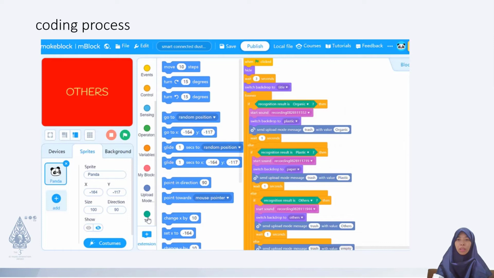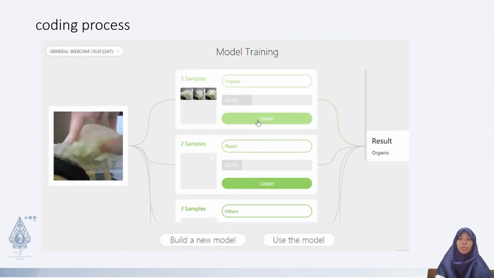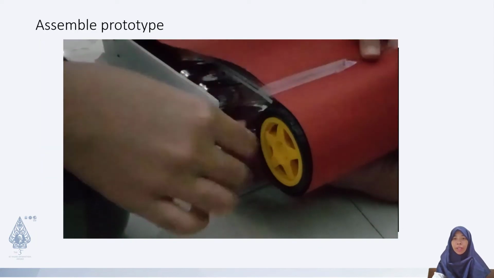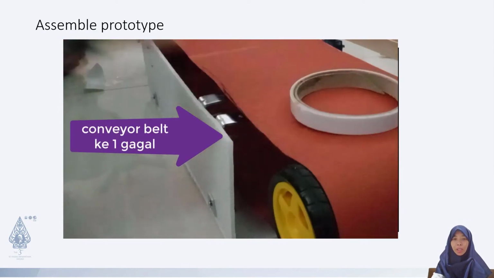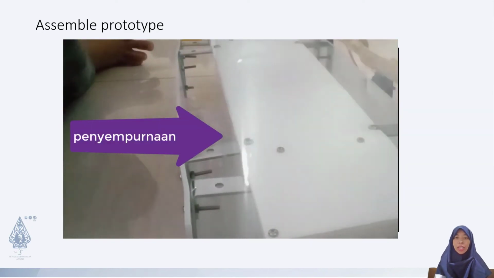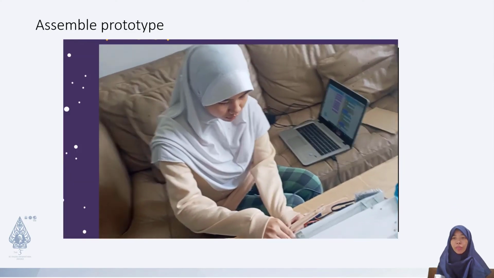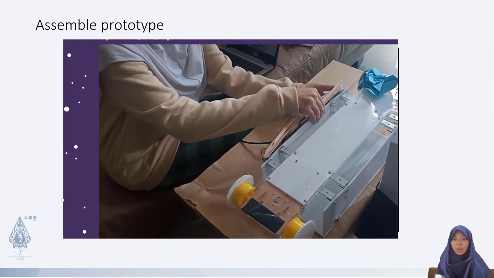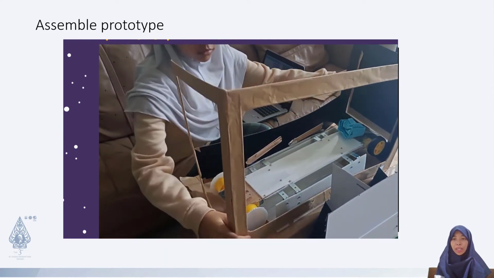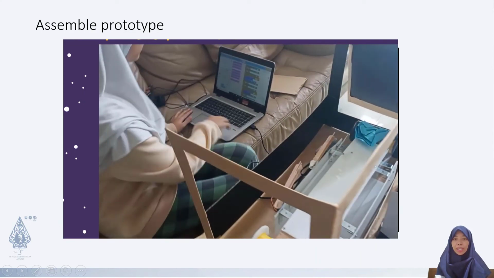Sample data is collected from various sites by artificial intelligence into 3 categories: organic, plastic, and others. Assemble the prototype. Then proceed with making a conveyor belt from a clear plastic cover. After that, the wheels are arranged at the end of the conveyor belt so that the conveyor belt can run smoothly. Then install the servo and micro:bit and block next to the conveyor belt support, which makes the waste go to the trash according to the category. Next, the conveyor belt is placed on the large cardboard arranged with several pieces of cardboard to make it look like a trash can.